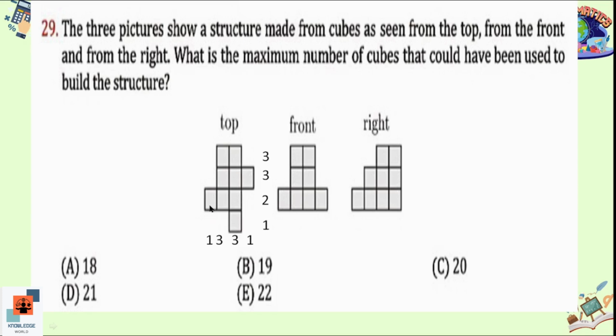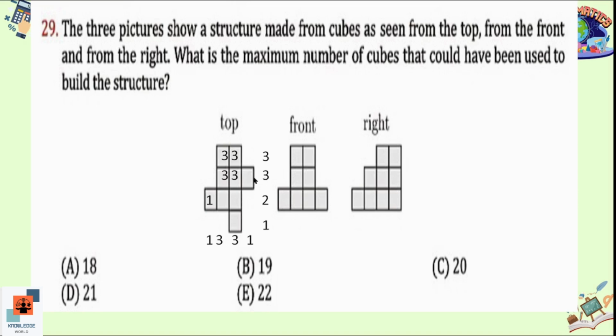If we talk about this cube, 2 is written at the right side of it and 1 is written at the front of it. So we are going to write the smaller number out of these two. So 1 is smaller, we will write 1 over here. Here at the right side it's 3 and in front of it it's 3. So we will write 3 over here. Similarly 3, 3. So we will write 3 again. Both sides have 3. So we will write 3 in both cubes. In this cube,